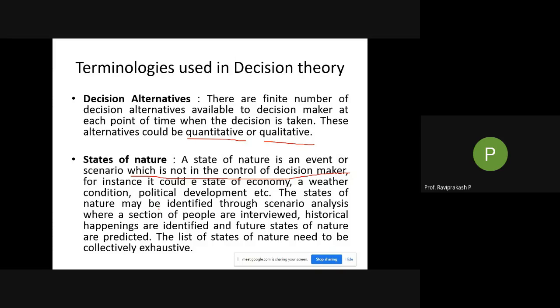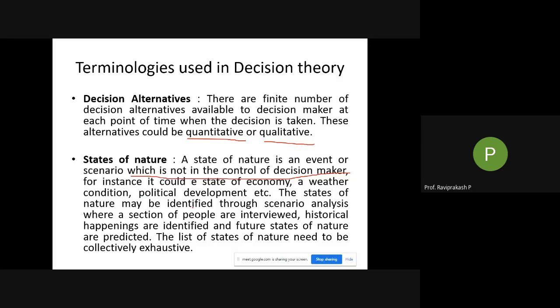Okay, in our place it's not there that only one person, the rider, has to wear the helmet. But in metropolitan cities, if you see the pillion, the person who sits at the back of the rider, even he or she has to wear the helmet. That is directly given by the government now. So it is a political development. We cannot have control over that particular political development, right? So that is what is a state of nature.